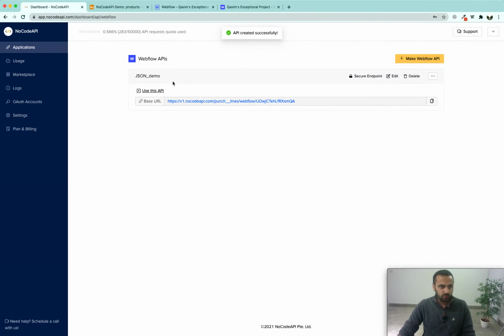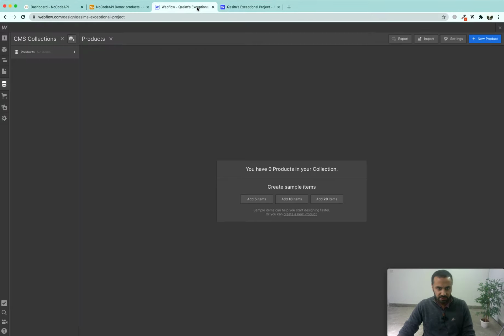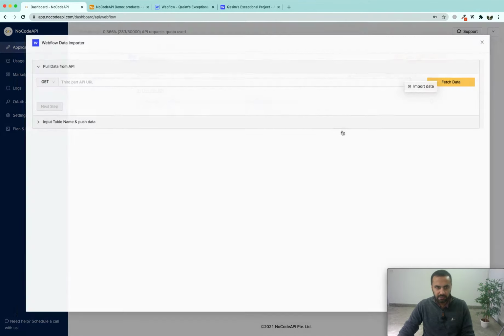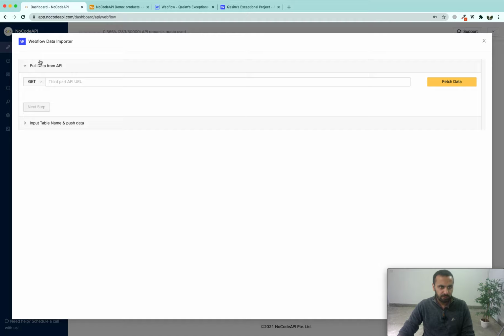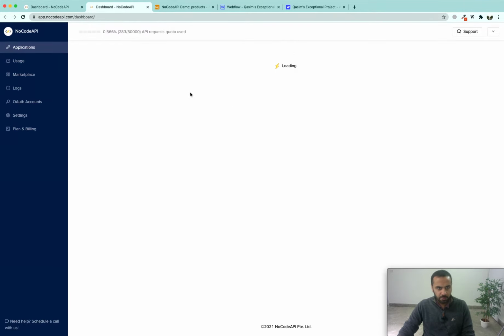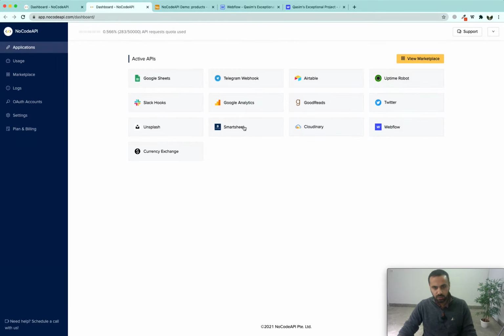It is going to create our Webflow endpoint through which we can manage our products collection which we created in Webflow. Next, we have to import some data to Webflow. For that, we are going to open another window where we can pick up our URL from Airtable.